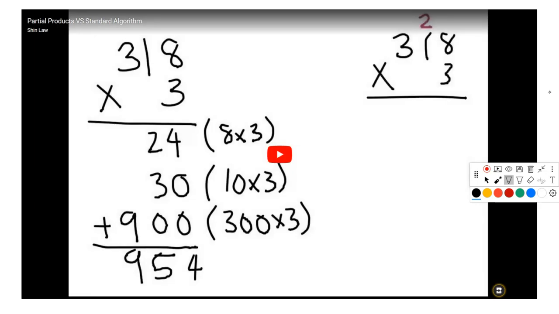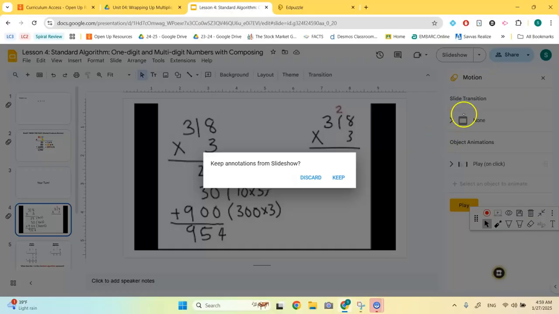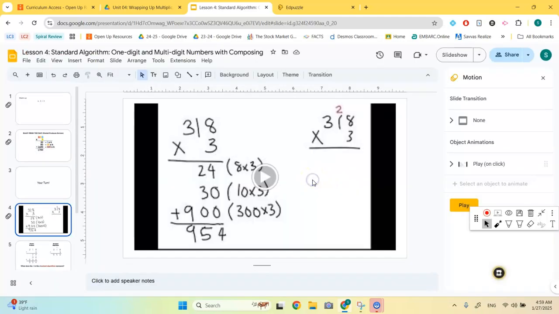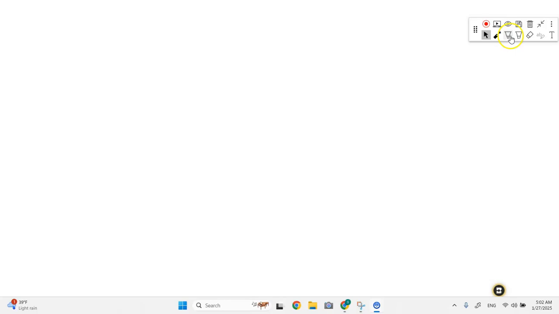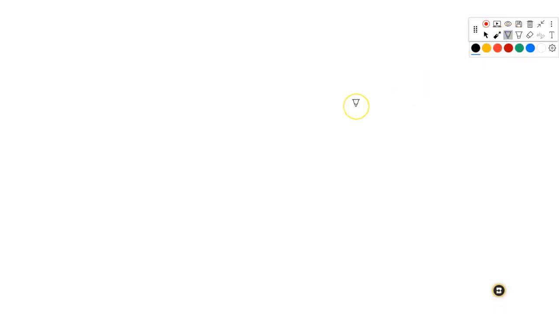All right, now it's your turn. Okay, so now for this part, you need a whiteboard and a marker. On your whiteboards, I want you guys to write and solve for this problem using the partial products method. The first thing is go ahead and write